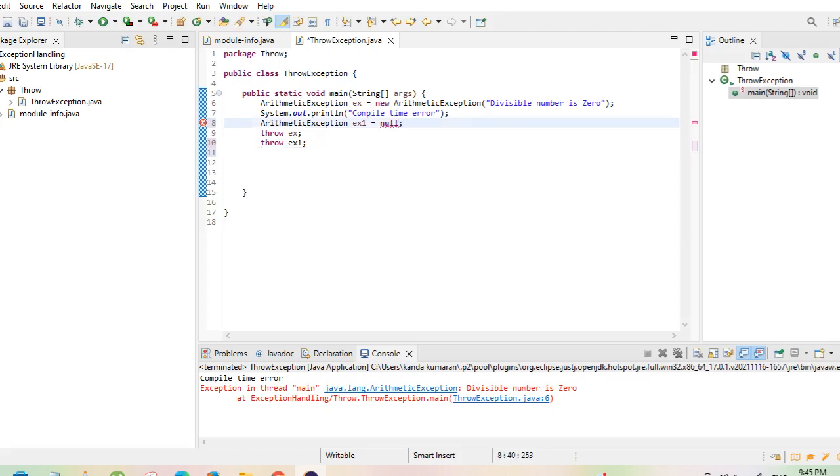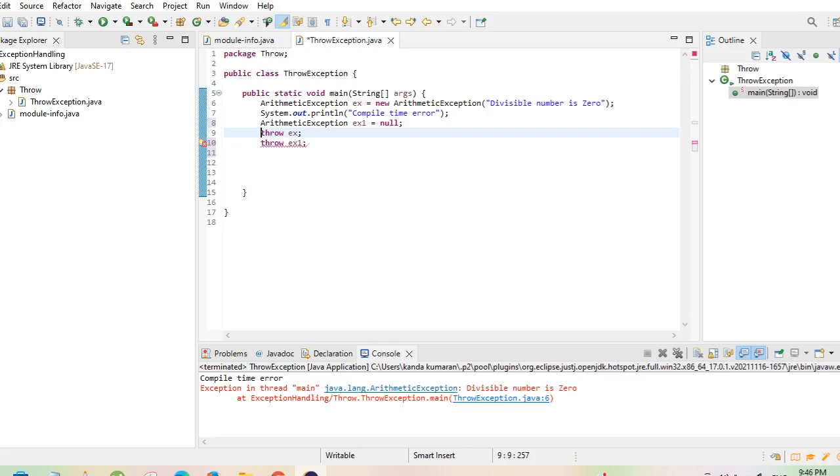So this is another example. In a single piece of code, you cannot use multiple throw keywords in a single function. You cannot handle multiple exceptions at the same time using the throw keyword. For that purpose, we have another keyword called throws. In the next video, I'll share knowledge about throws. So we'll comment this one out.